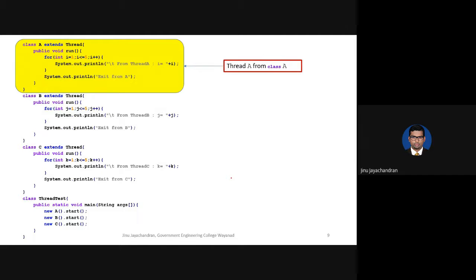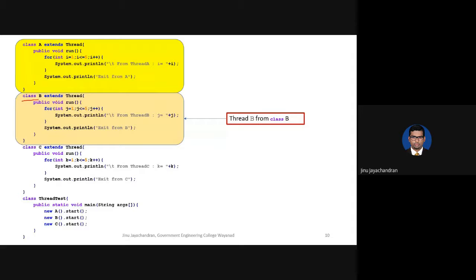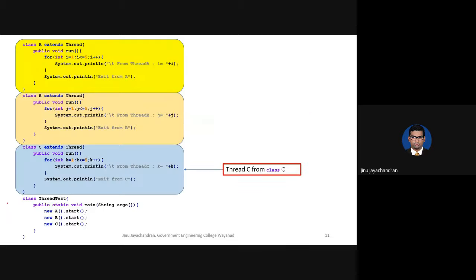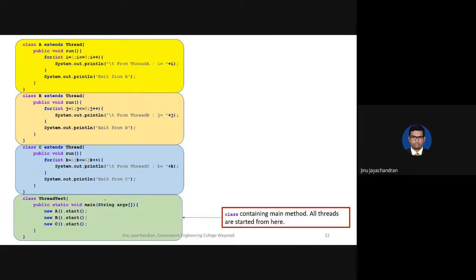If you look at an example, there is class A, and it has an extends Thread instruction, which means you are inheriting from the Thread class. This Thread class is defined in Java itself. You don't need to do anything else to implement that class. There is class B, which also extends the Thread class. There is class C, which also extends the Thread class. So you have three different classes, A, B, and C, extending from the Thread class. Then you have your class for your main function.